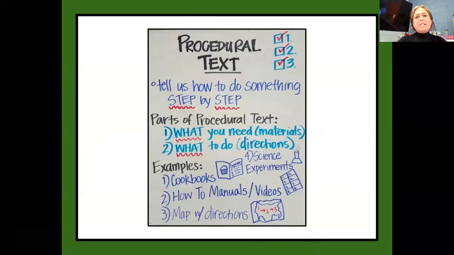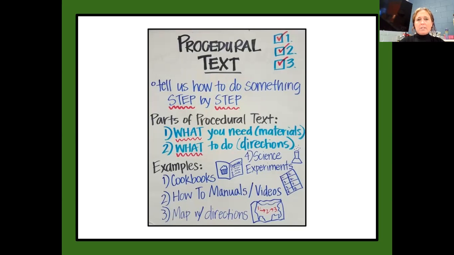All right, procedural text. It tells us how to do something step by step. This week we've been talking about recipes, how-to manuals, science experiments, maps with directions. All these things tell us how to do something step by step, whether it's directions, cooking, or how to make something. Whatever it is, it's called a procedural text. Parts of the procedural text are things that you need, your materials or ingredients, and what you need to do,